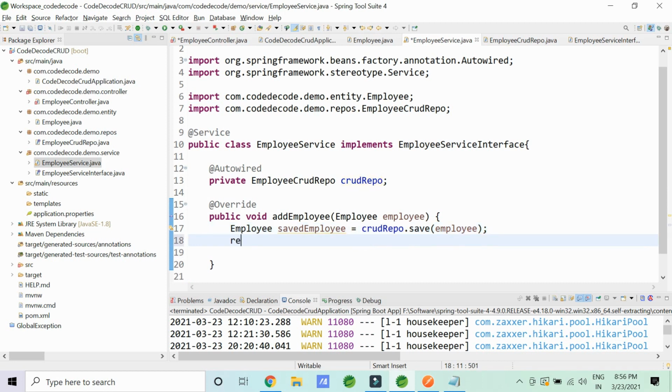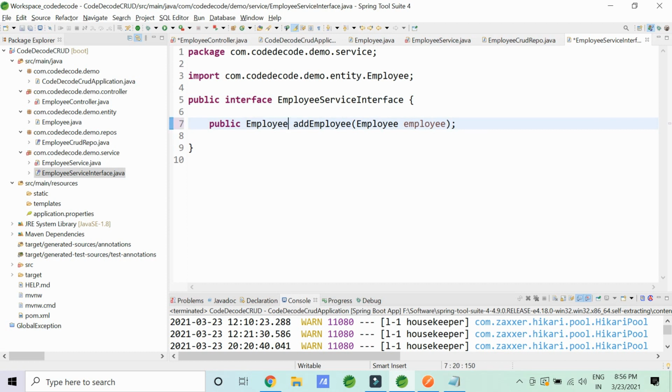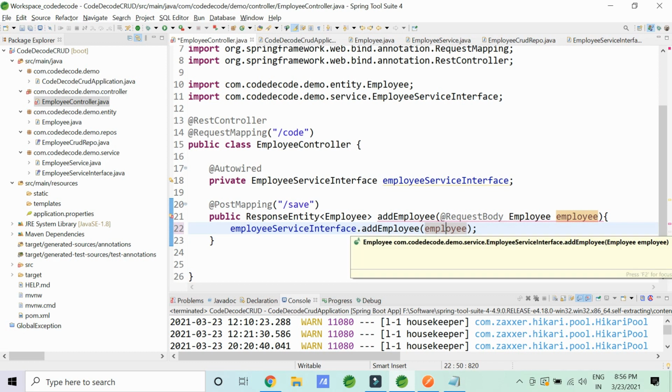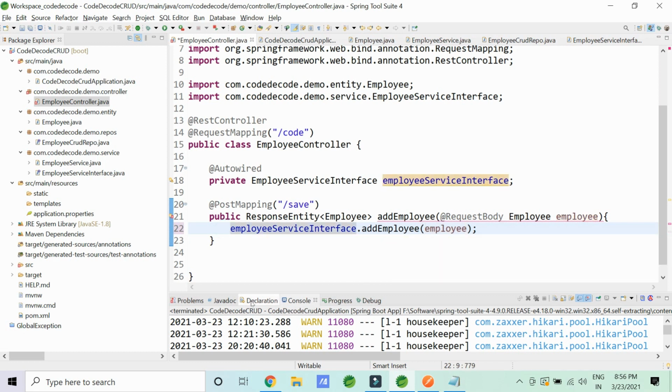I should actually return this saved employee object, so that even the person handling there should be able to see that something is returned. So once you return something, you have to make sure that the interface also has the method which is returning something. Now once you have everything returned here, it's going to get you that particular object, and you can actually return the response. So let's first take it into a local variable, savedEmployee. I have taken it from this method, and what I'm going to return?